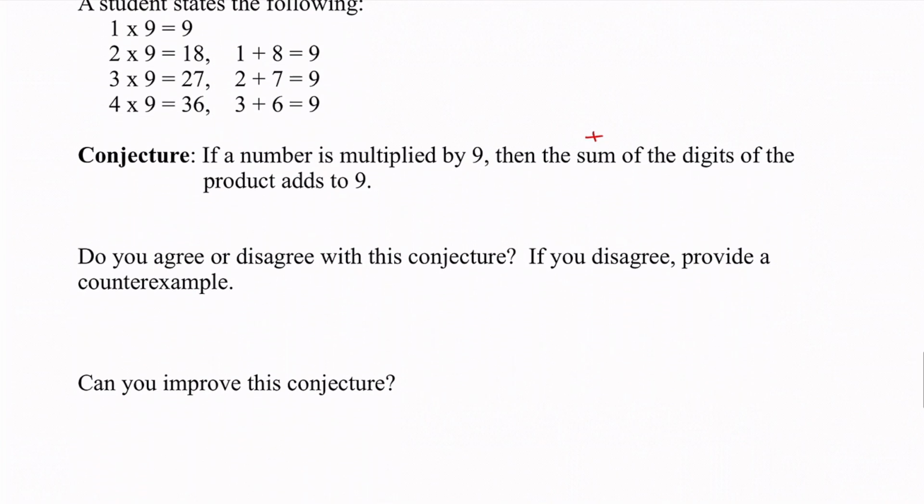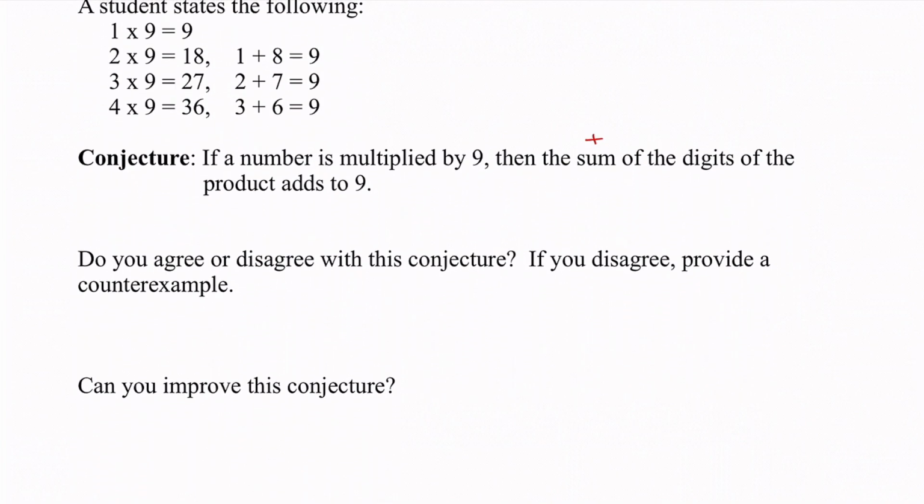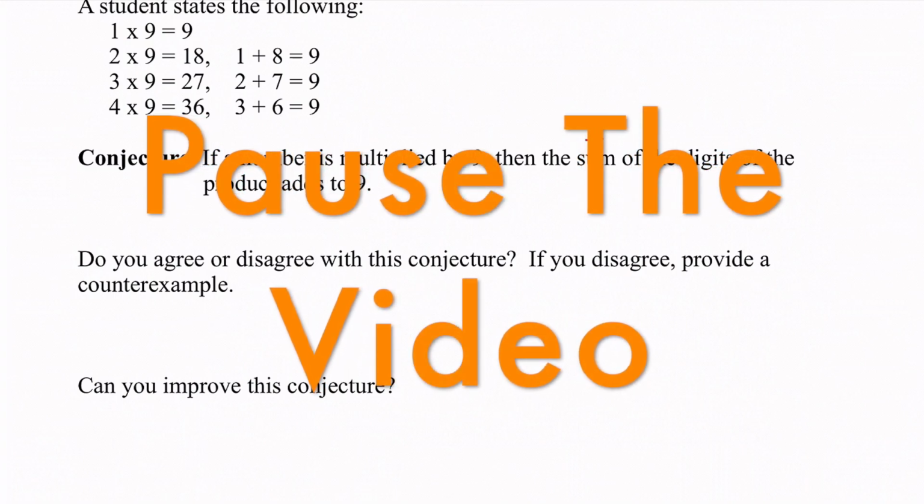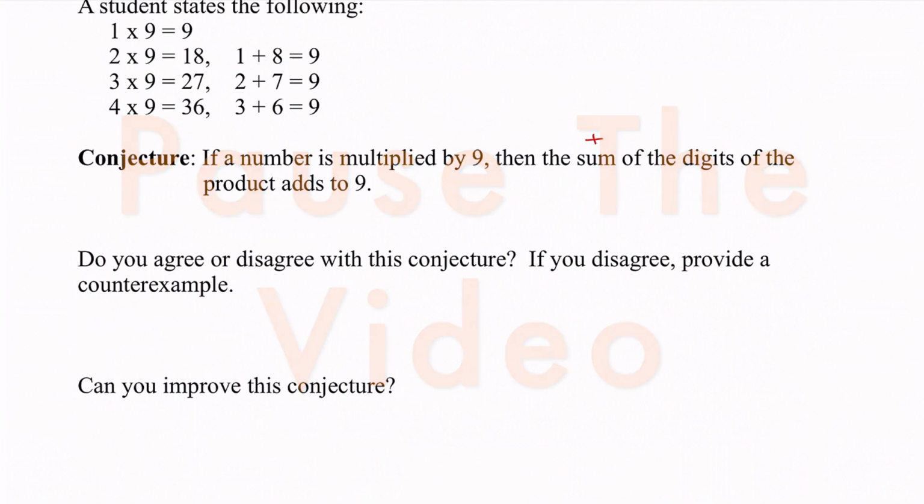Now it says, do you agree or disagree with this conjecture? So if you want to maybe try some examples and see if it still is true with some other ones, you could do that. So hopefully you tried playing around with the numbers. Maybe you found some more numbers that worked, but maybe you found one that didn't work and you disagree with their conjecture. So I'm going to say for this one, because I tried some numbers, I disagree with this. So I found a counterexample